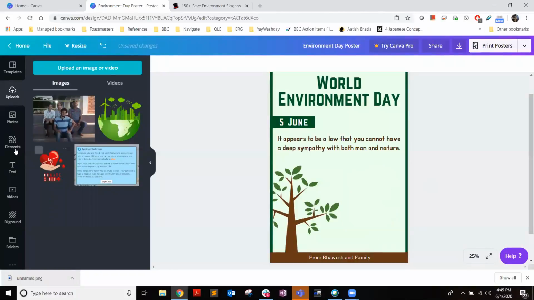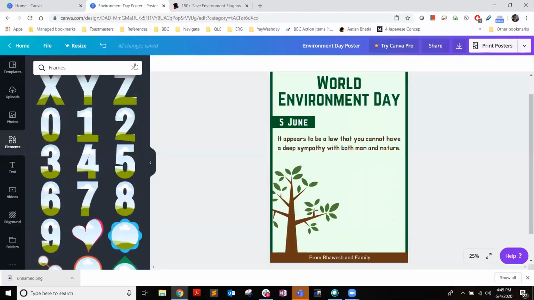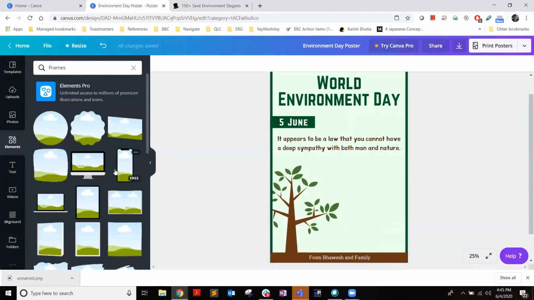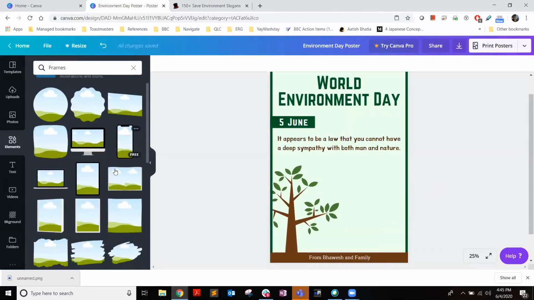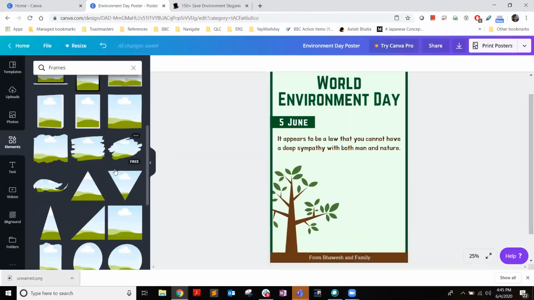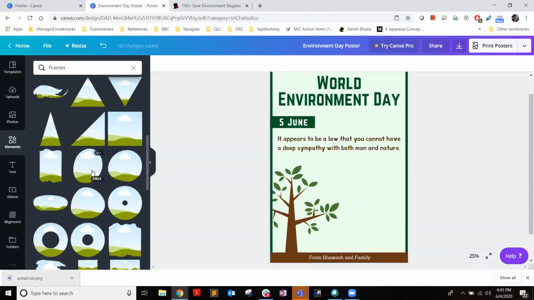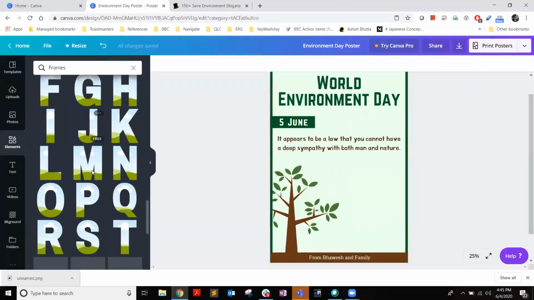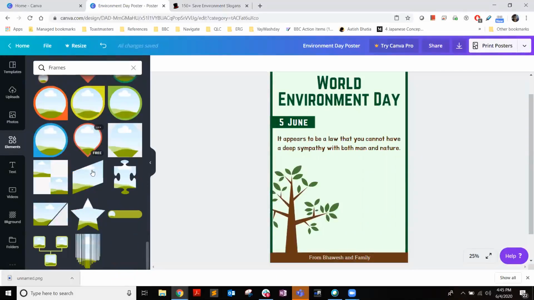I'm going to delete this as well. To add a frame, I go to frames and click on see all so that I can choose a frame of my interest. Say I want to choose, I chose this one last time. Say I want to choose a different one this time. What can I choose?